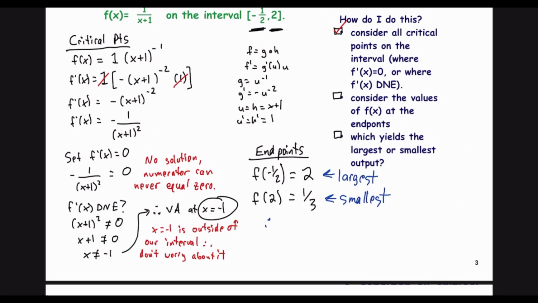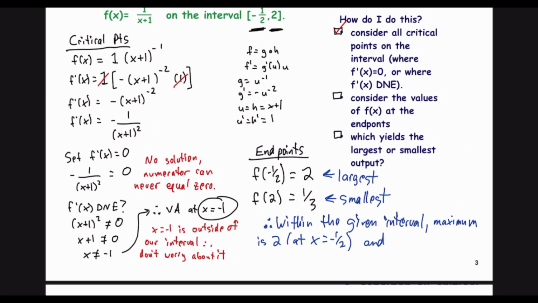So I've found my maximum and minimum. So therefore, within the given interval, the max is 2 at x equals negative half, and the minimum is 1 over 3 at x equals 2. And once again, we did not need a graph in order to visualize this, but let's